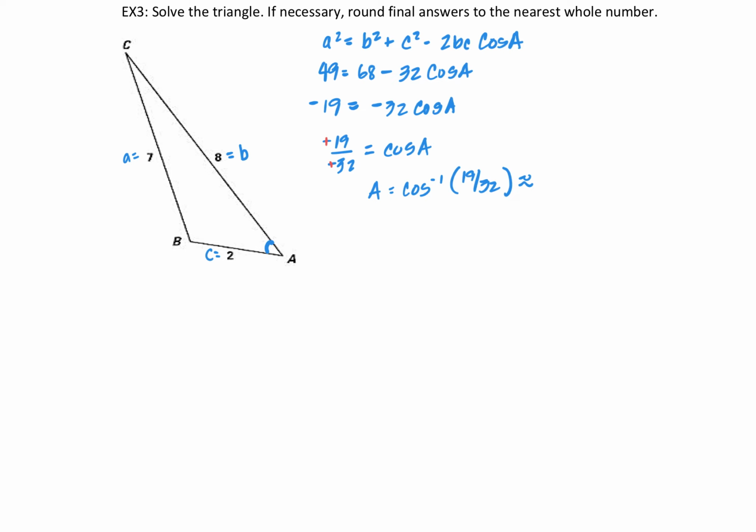Put in a positive value, you're just going to get one angle in quadrant 1. You won't have that thing with law of sines where if you put in a positive value, you could possibly have an angle in quadrant 1, or you could possibly have an angle in quadrant 2, because sine is positive in quadrants 1 and 2. So I'm putting a positive value into my calculator. Cosine inverse is just going to give me this one value of about